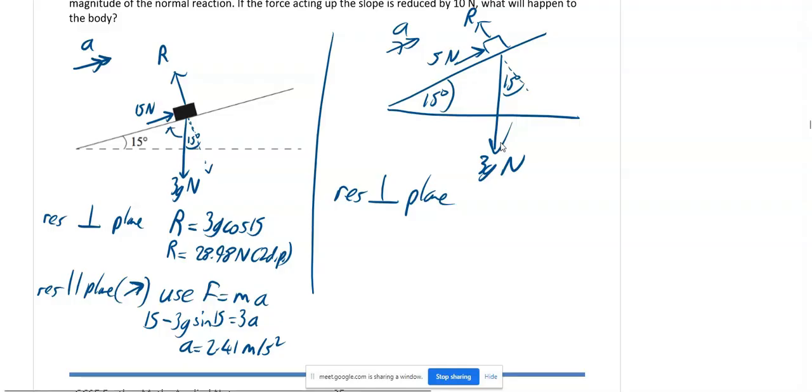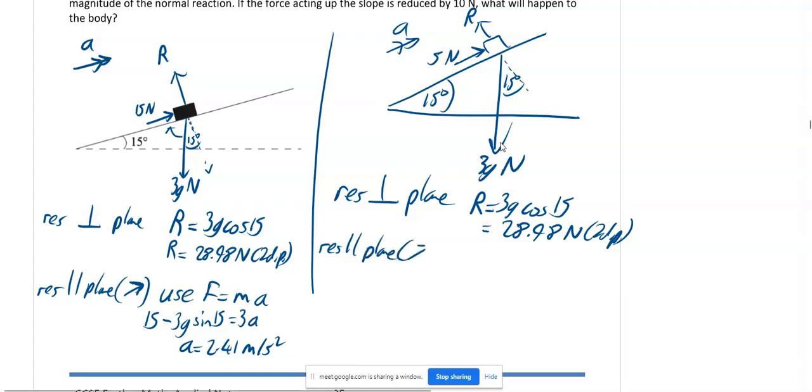Okay, with 5 newtons going up, resolve perpendicular to the plane. Going perpendicular to the plane, there's no change in the forces acting perpendicular, so you've got R is equal to 3g cos 15, so R still works out to be 28.98 newtons to 2 decimal places. Okay? If we resolve parallel to the plane, and again we're going up,